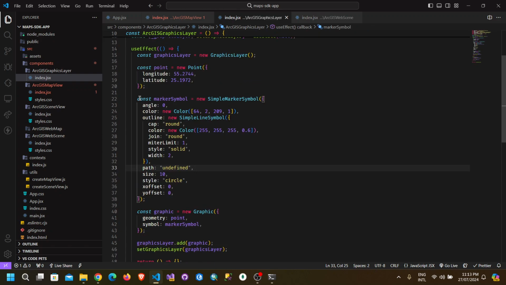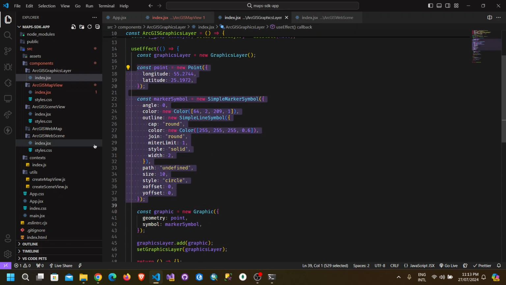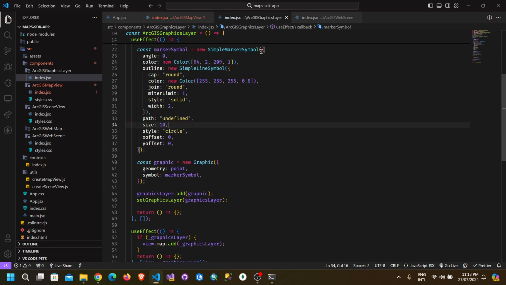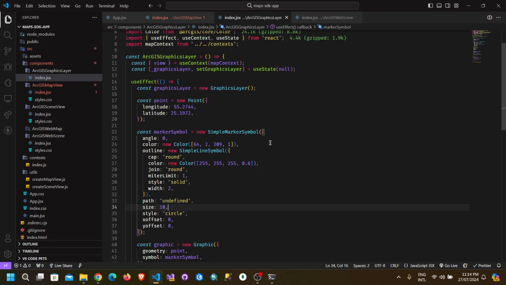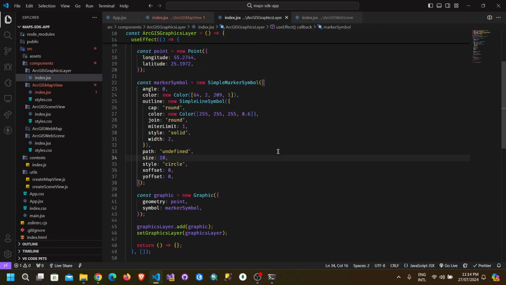So we can move this code to a separate component, and then that component can be reused again and again, multiple times. That's the beauty of components. We can use them multiple times. All right. So for this one, what we have to do is